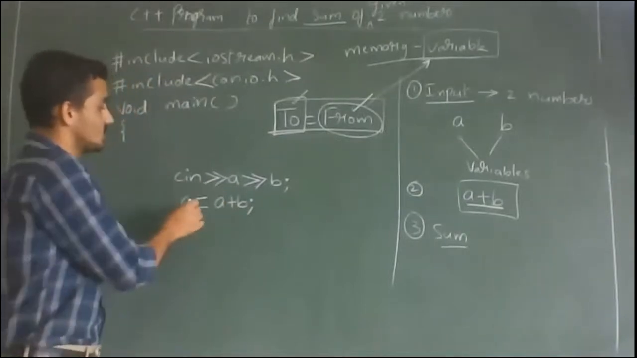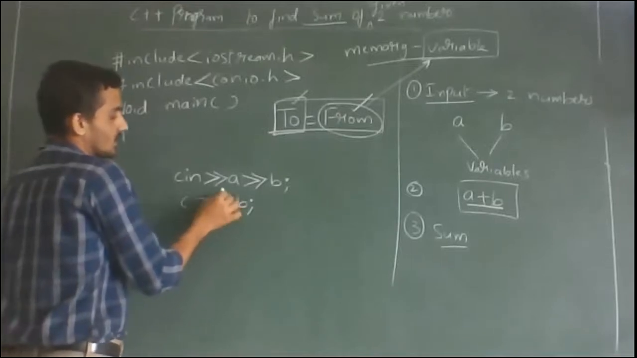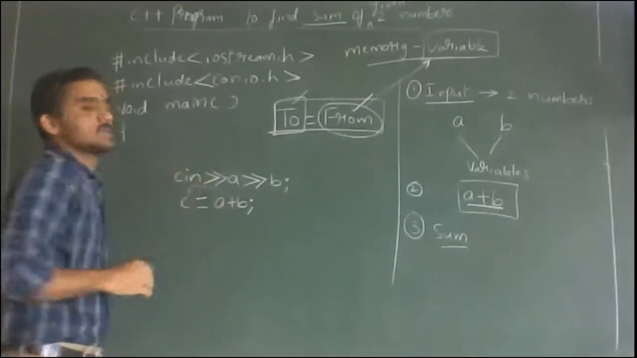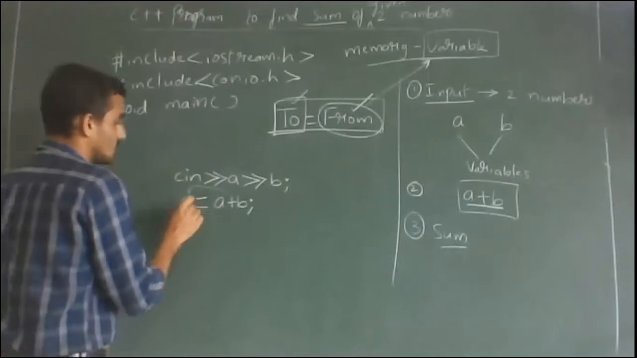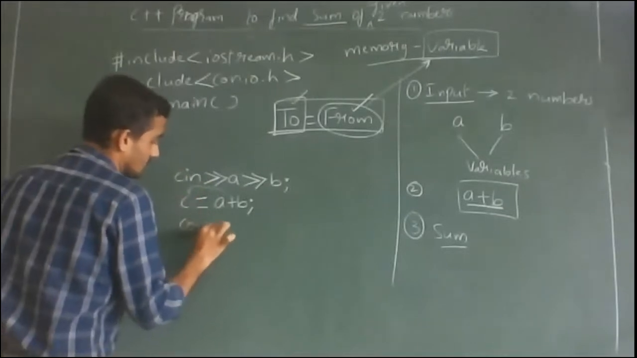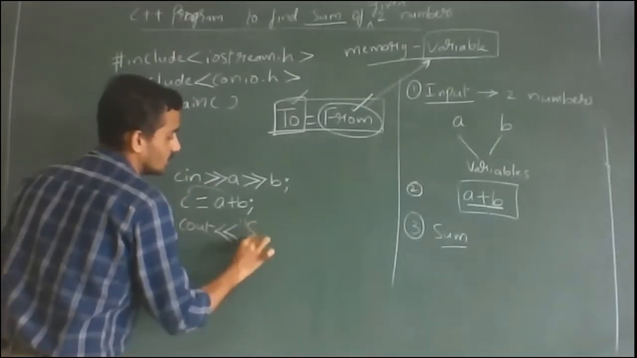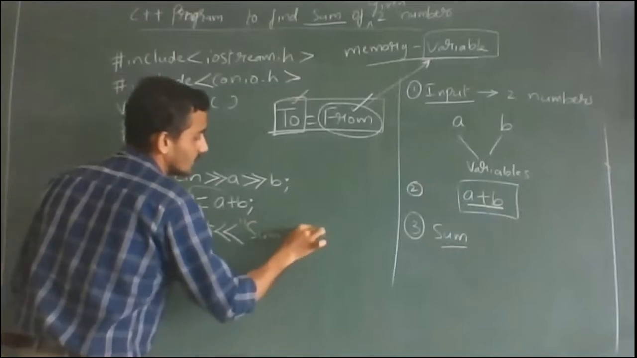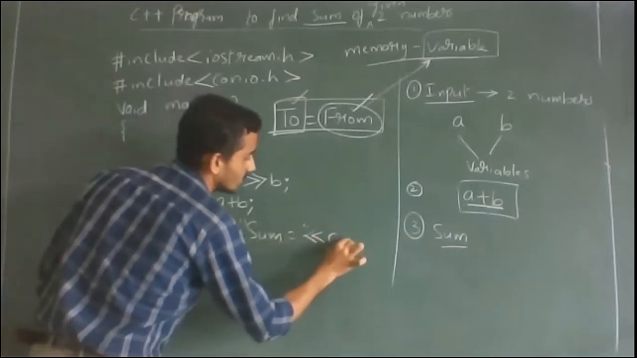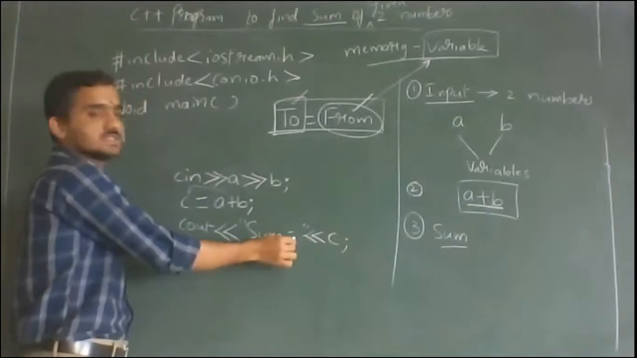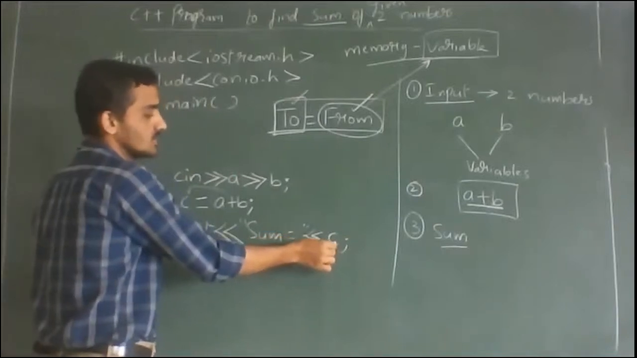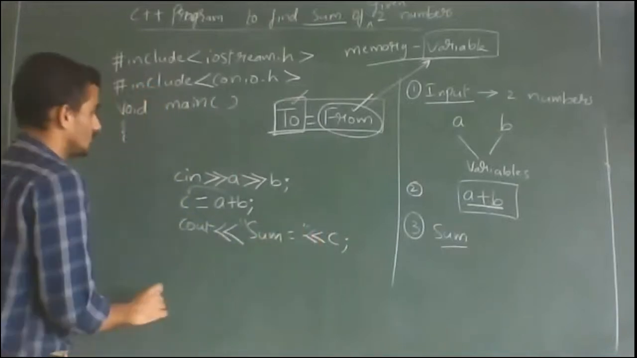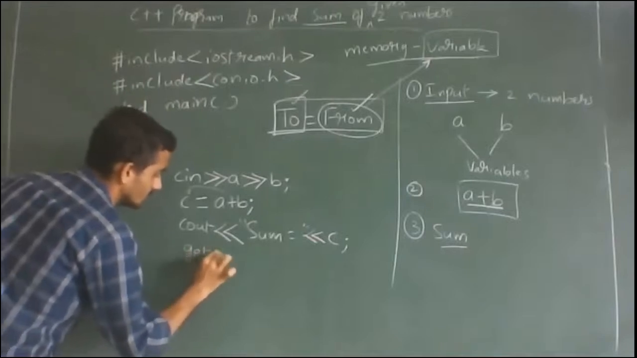Okay. So C is equals to A plus B. Then A plus B calculated value will come into the variable C. Okay. Next, this value you have to display. So COUT statement you have to remember. You write the string, okay? You write the argument. Sum is equals to is the string, C is the argument because C will get its value. So getch is the character,